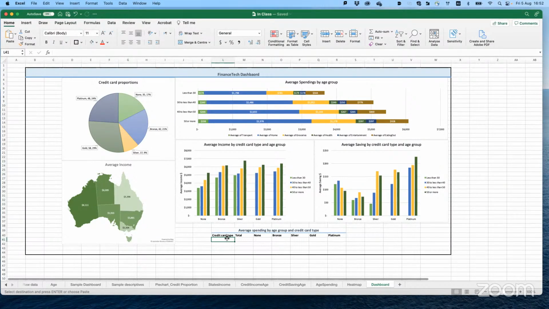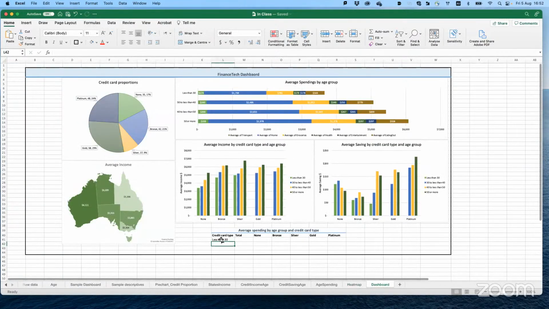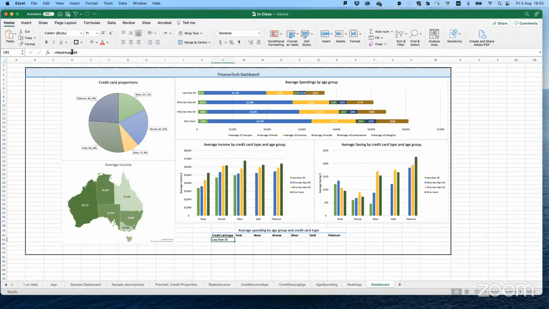So if you have this ready, you can say that the value that I want in the first cell is going to be from my heat map for the group less than 30. And you enter. So it is picking something from our heat map, from A4. Sometimes it comes with an error. We want to avoid an error, saying that if there is an error, just keep it empty.